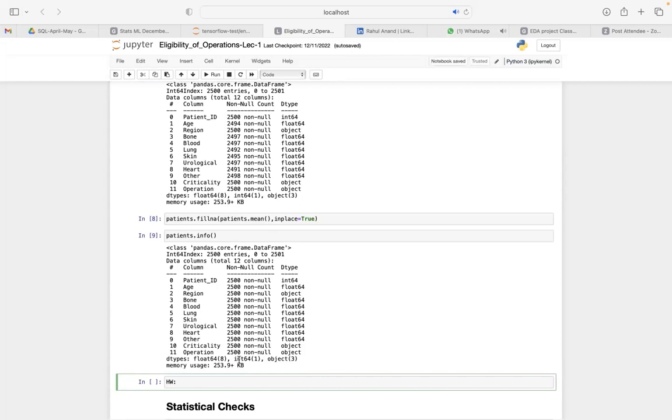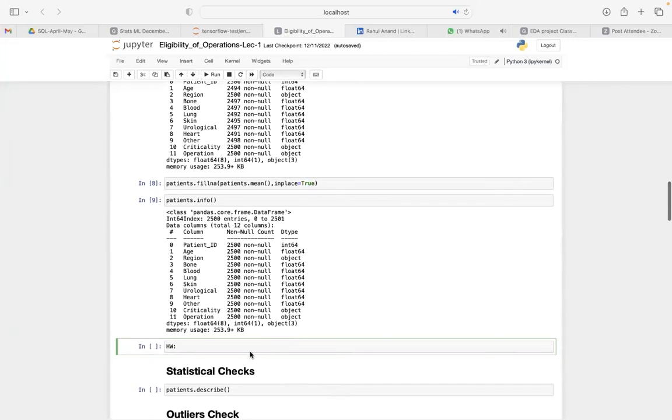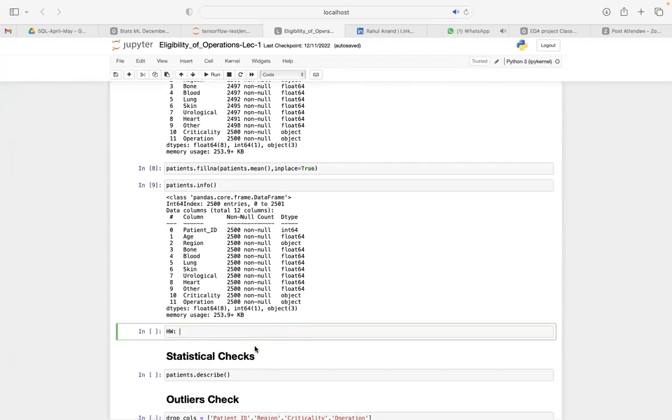But what you as a data scientist should do, if you are very much inclined towards getting perfection in the accuracy, is outlier testing and replace the null values of each column